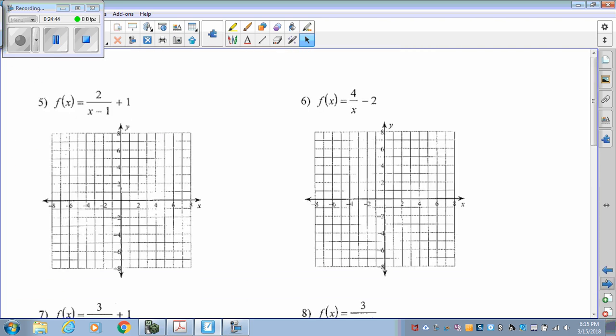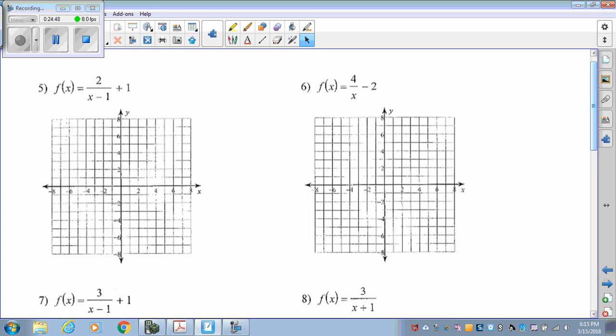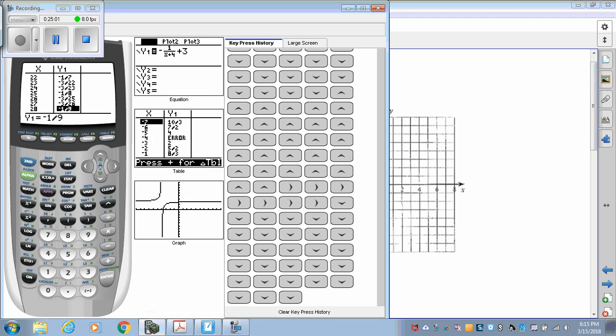So let's look at the next one. It's the same thing. While we're here, we'll just graph it. We'll just put it in the calculator. We'll just do the odds, and then you can do the evens on your own. So for number 5,